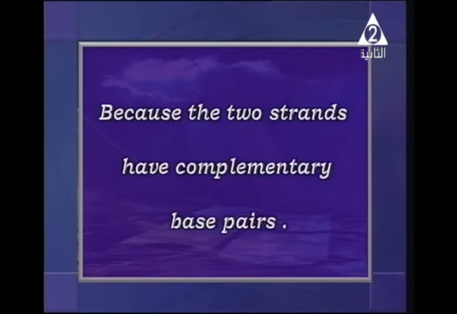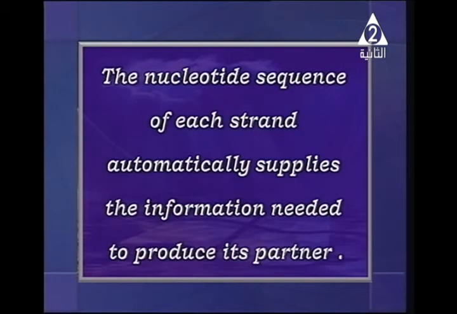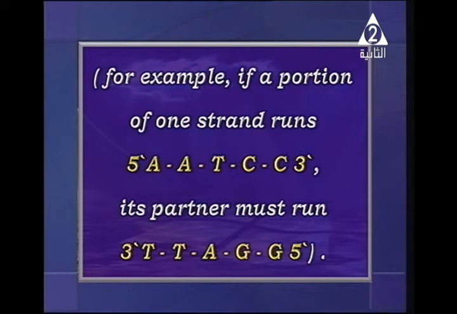the cell for division. Because the two strands have complementary base pairs, the nucleotide sequence of each strand automatically supplies the information needed to produce its partner. I mean, they complete each other. For example, if one strand runs its steps, starting from 5 prime, adenine, thymine, cytosine, and ending at 3 prime, then its partner, the complementary side, the other strand, is going to be